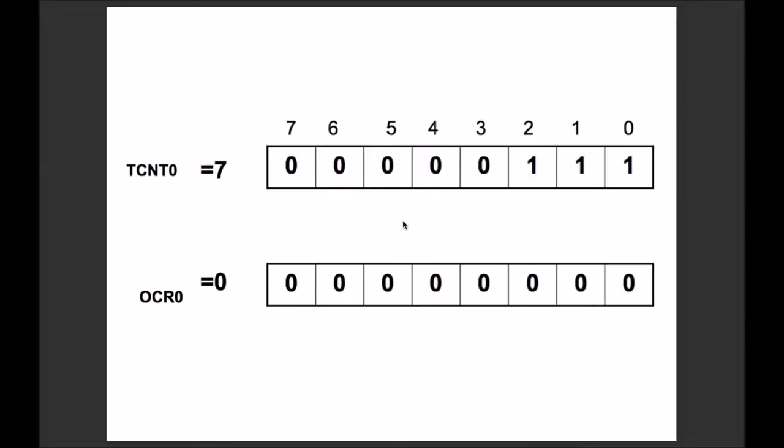The second register is called OCR0. The value of this register will never increase. You can only set the value of this register. Like here I have set its value equal to 18. So it will remain 18 until we change it. So there are two registers, one will keep incrementing and the other will never change without manual interference.